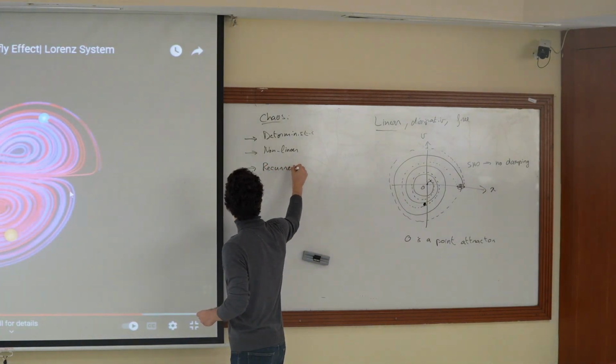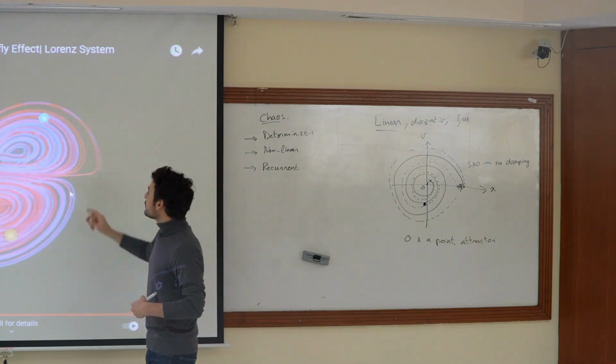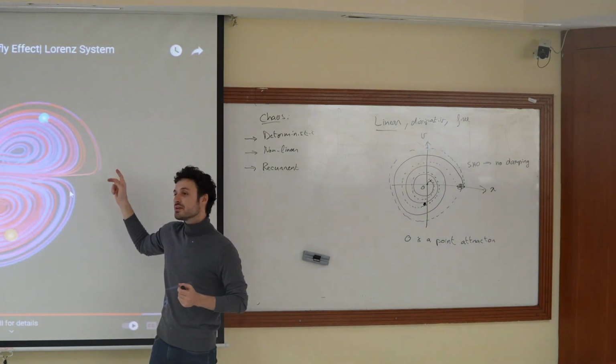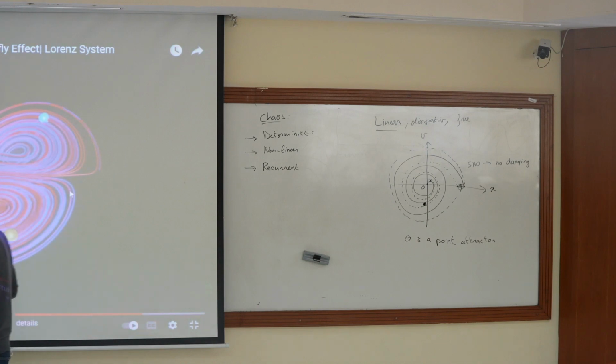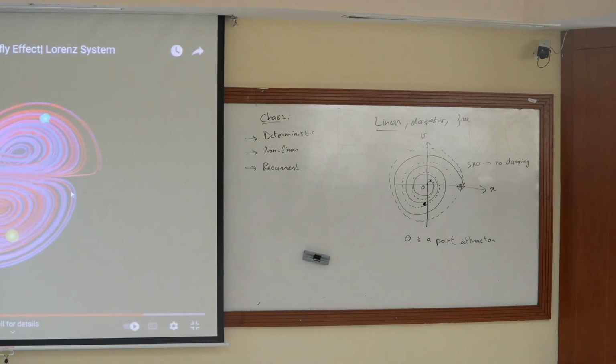And what I mean by recurrent is that if you look at the blue and the red trajectory, you'll notice that I can always find, infinitely close to any blue trajectory, another blue trajectory, meaning that the system will always come back arbitrarily close to the point at which it started. So it never repeats itself, it never comes back to the exact same position, but it does eventually come back to an infinitely close patch of the phase space where it started out.